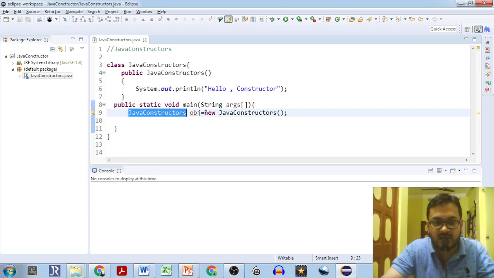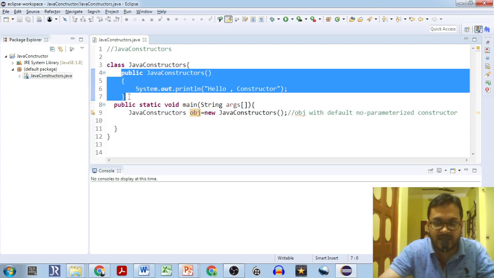The class Java constructor, the name of the object, the new operator we are giving to create the object, and then you write the name of the class, open the bracket and close the bracket. So why do we give this opening and closing bracket? It specifies that create the object obj with the default no-parameterized constructor. This is what it means. Closing bracket and no values inside, no parameter inside. So an object is created by the compiler automatically while calling this particular code snippet.